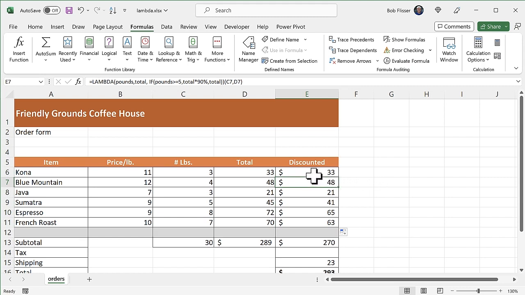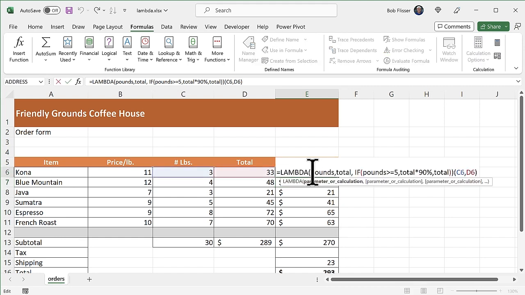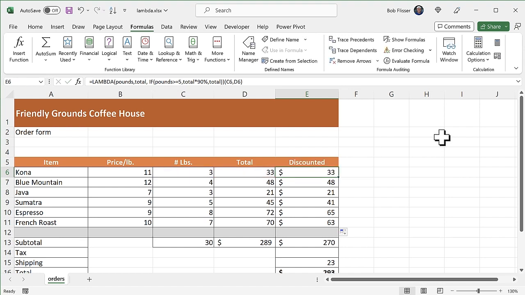So the next step, now that we know this works, is we need to use the name manager. But what I'm going to do, just so I don't have to retype anything, I'm going to take this entire Lambda function right there. I'm going to select it. Now I'm not grabbing that set of parentheses at the end. I'm just taking this whole Lambda thing, and I'm just going to copy that to the clipboard. And now I can take all of these cells and once again delete all that. So in the Formulas tab on the ribbon bar, I go to the Name Manager,